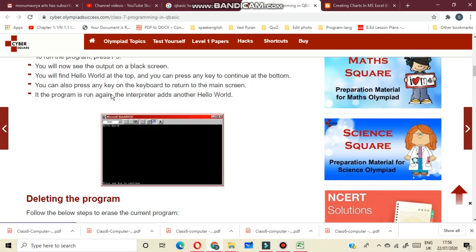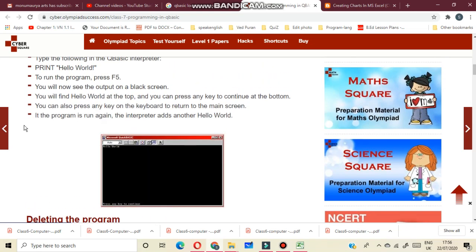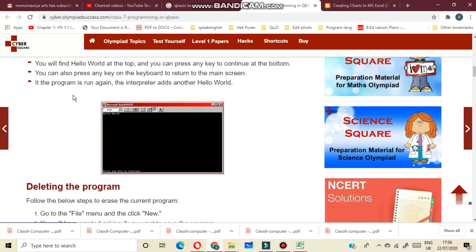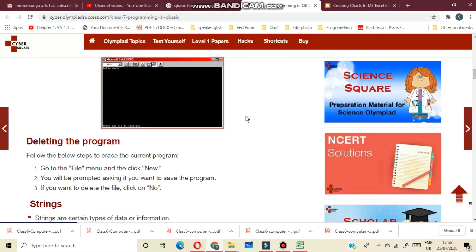You will find your typed word at the top and you can press any key to continue at the bottom. You can also press any key on the keyboard to return to the main screen. Okay. If the program is run again, the interpreter adds another word. Okay.